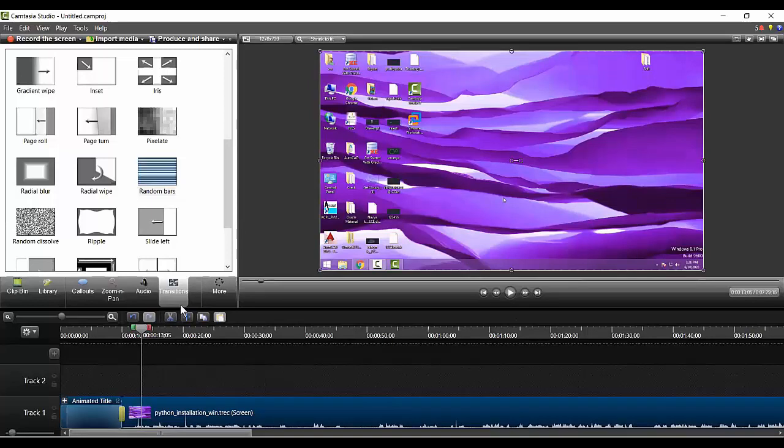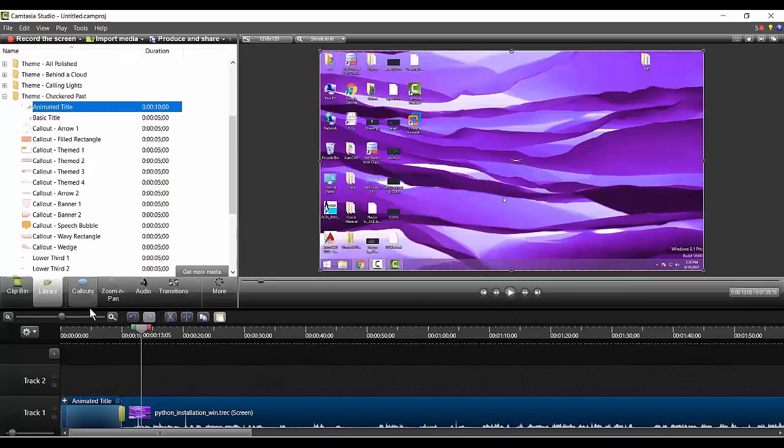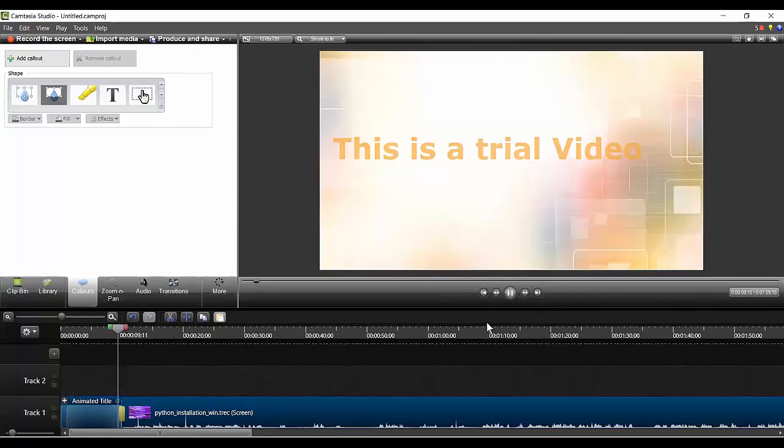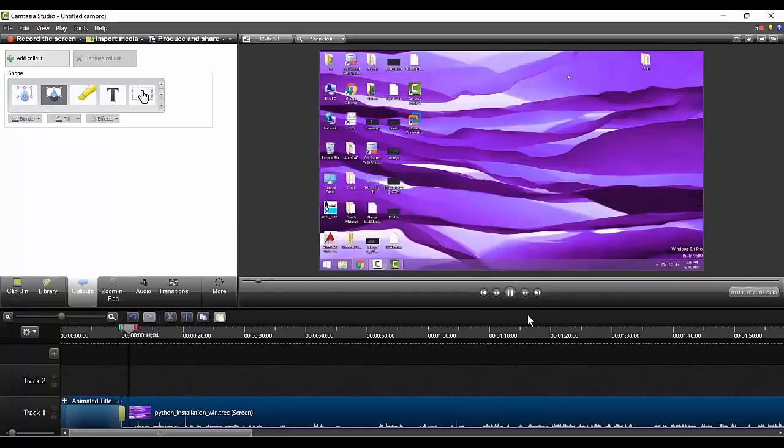Now, apart from that, I have told regarding audio, I have told regarding transition, library I have told. Then there is something called zoom in and zoom out, this way you will be doing. Now you see here, when the video started, what happened? We'll try this transition after some time. I'm going to delete this transition for the time being.